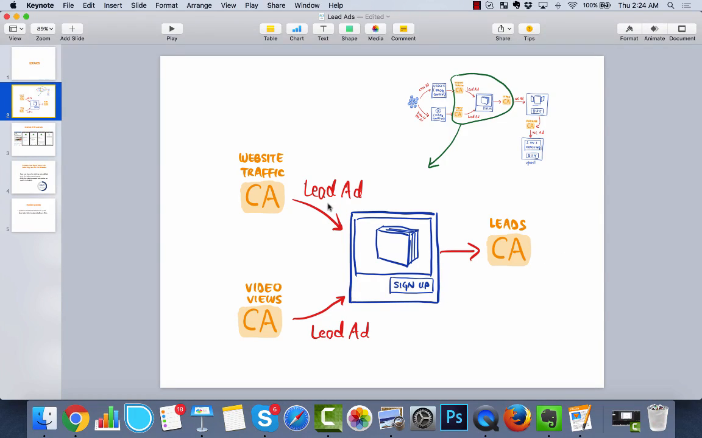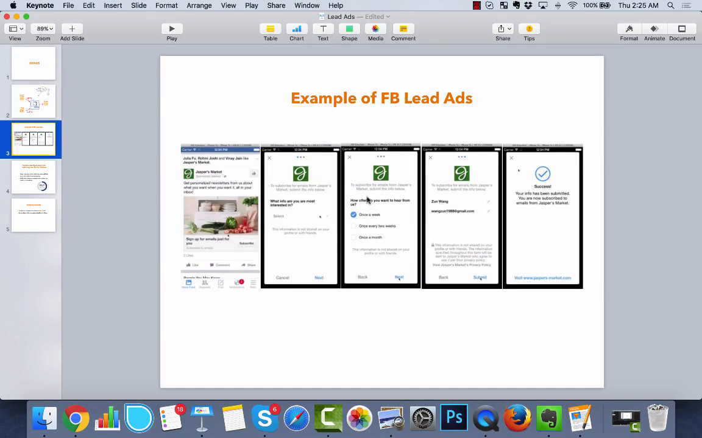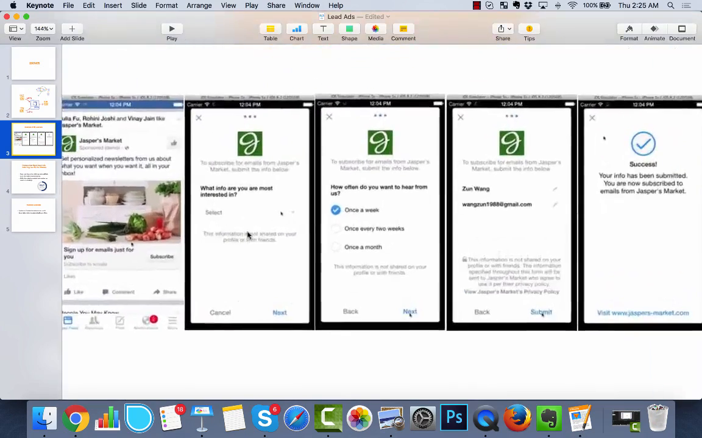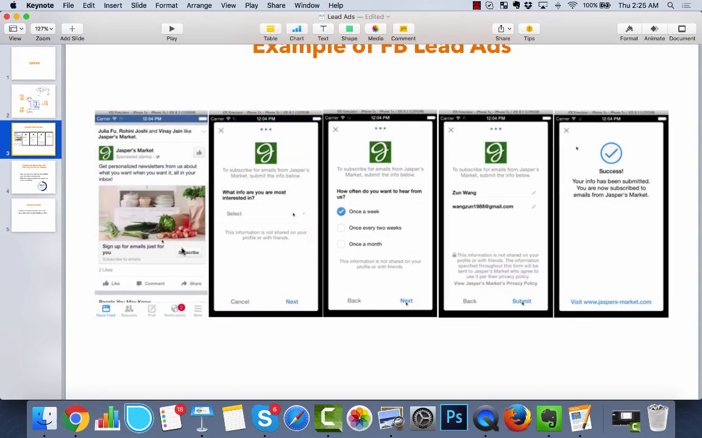So what does a Facebook lead ad look like? Usually when you want to collect contact information, you drive the audience to your website and you put an opt-in form there, right? Now, with the Facebook lead ads, the audience doesn't need to leave Facebook. They can opt in inside Facebook. Alright, so this is what the lead ads look like. So when they click subscribe, this form will come out and you can ask them information that you want to know, and then they provide their contact, their name, their email, and when they click submit, their information will